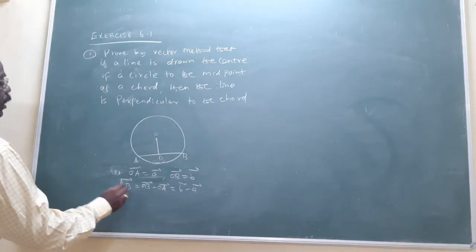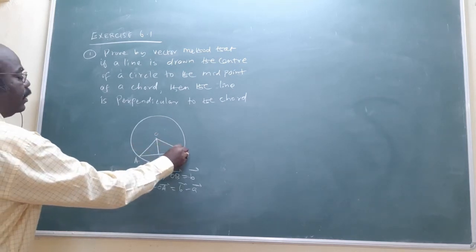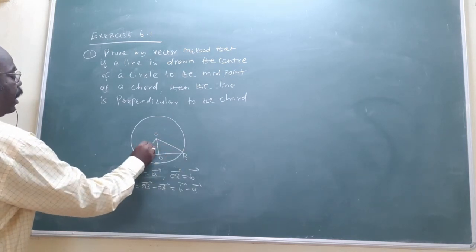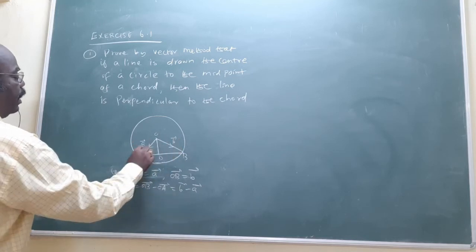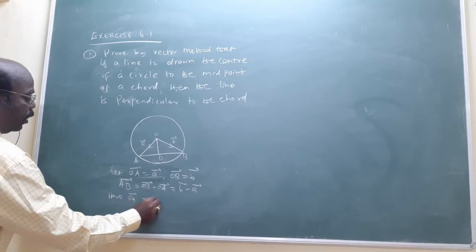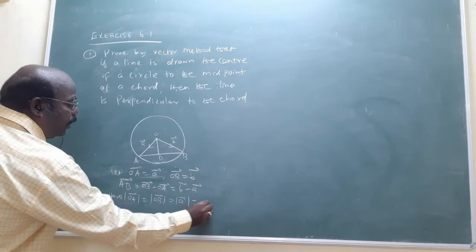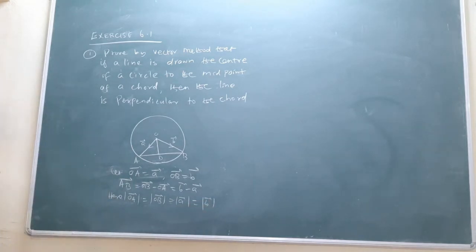Now here, this is actually what? Radius. This is a radius. Let it be vector a, under assumption, this is vector b. The vectors may be different, but their modulus will be equal. Am I right? What is the meaning of modulus? If vector a equals 2i plus 3j plus 4k, then modulus of a equals root of 2 square plus 3 square plus 4 square. In this way, you simplify, and the radius will be equal.